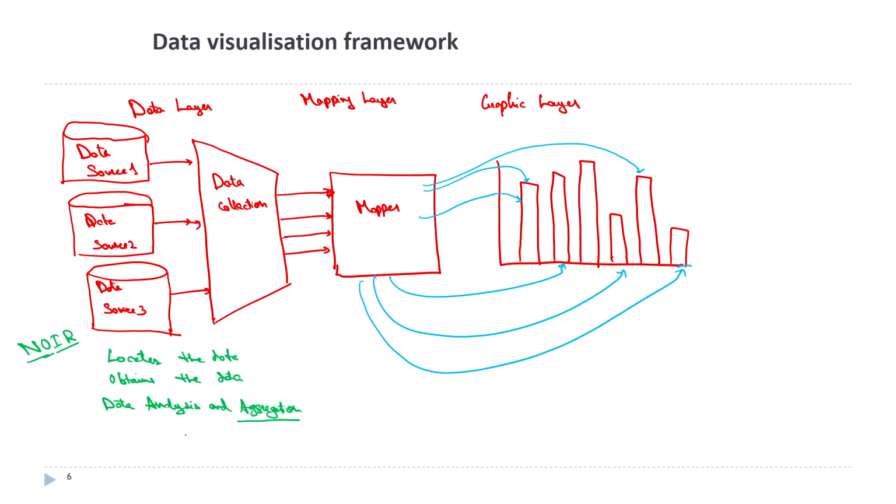Now, here data aggregation is important, and the kind of the data that we have is important. This data layer tries to give us the information about what we are going to feed into the mapping layer. Next comes the second layer, which is the mapping layer, which means we associate the appropriate geometry with corresponding data